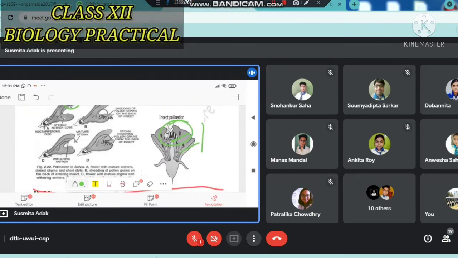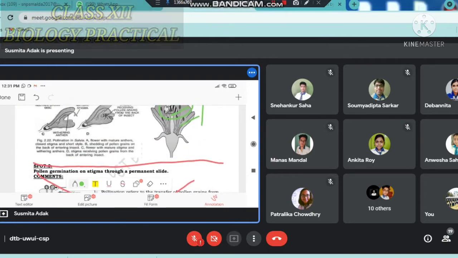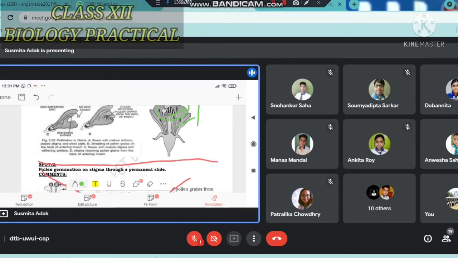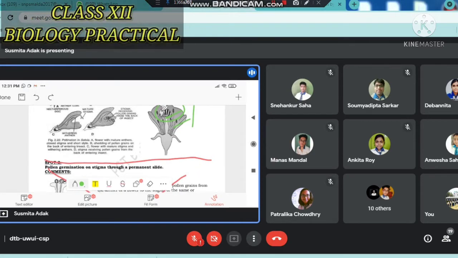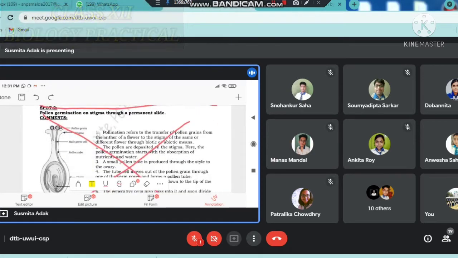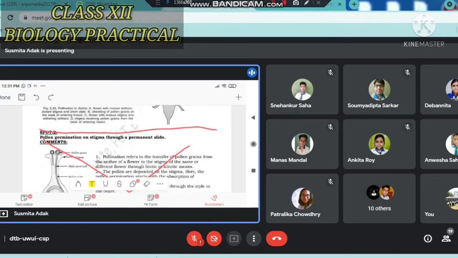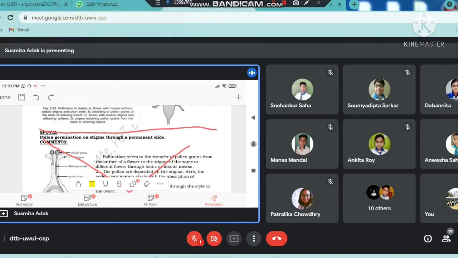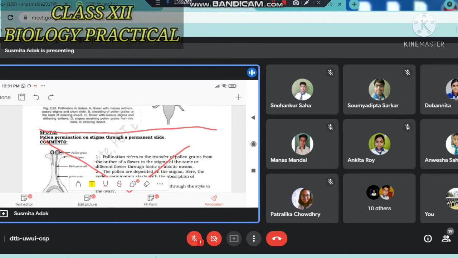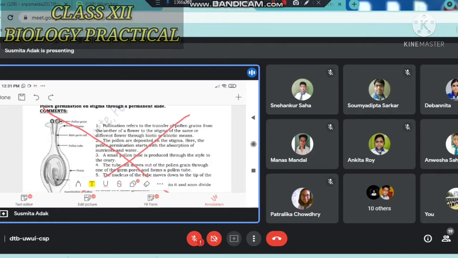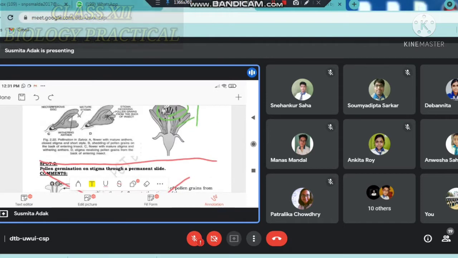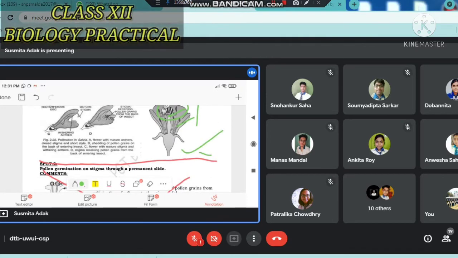Next, whatever is written here, I have cut it, because there is no need to write this one, as it is not in your Term 1 syllabus this year. It is omitted. That's why I have cut it. So don't write this portion, write only till this much.